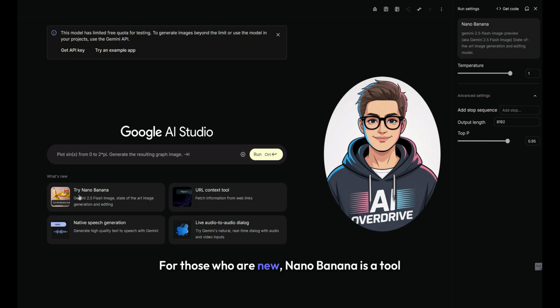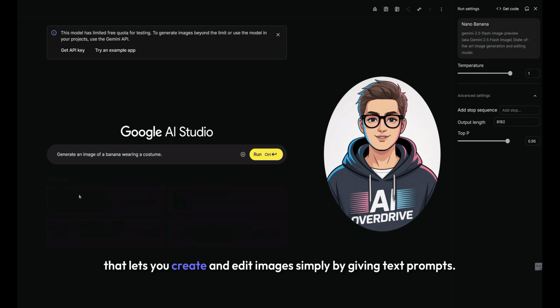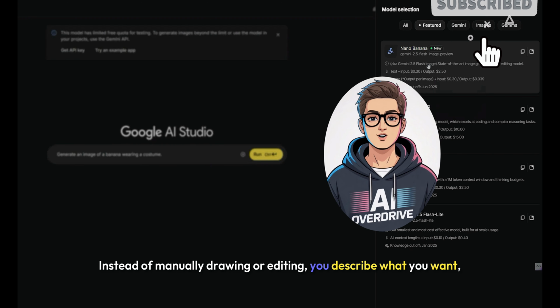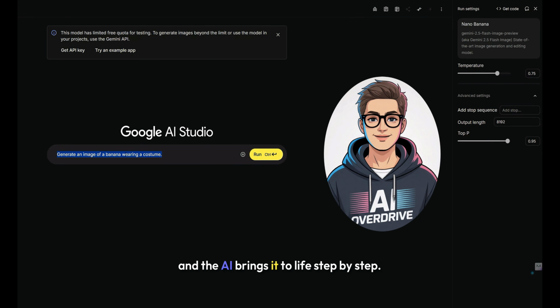For those who are new, Nano Banana is a tool that lets you create and edit images simply by giving text prompts. Instead of manually drawing or editing, you describe what you want, and the AI brings it to life